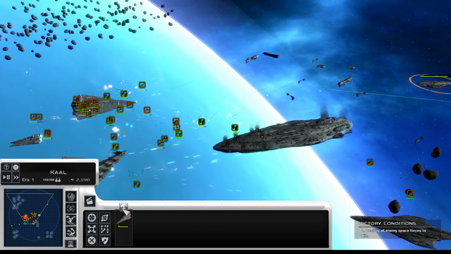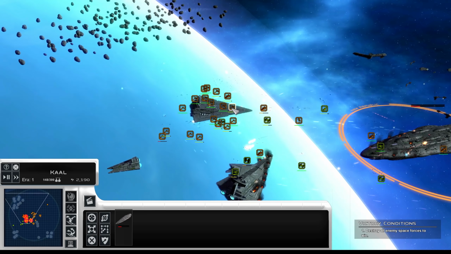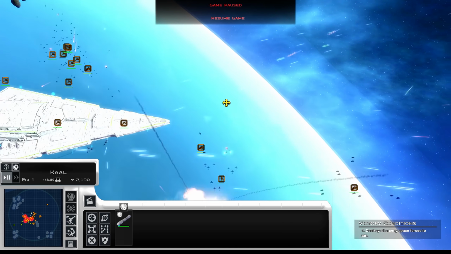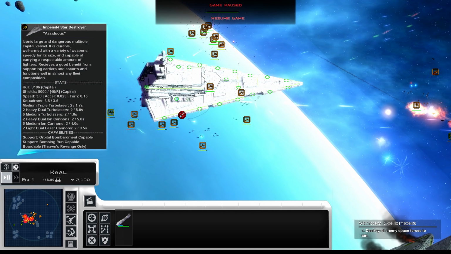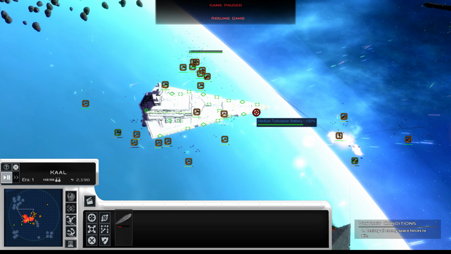Alright, you're starting to get some shields back. There we go. Alright, we're going to target heavy dual turbo lasers there. You guys, I'm going to go for that one because the assault frigate might not be in range. Probably